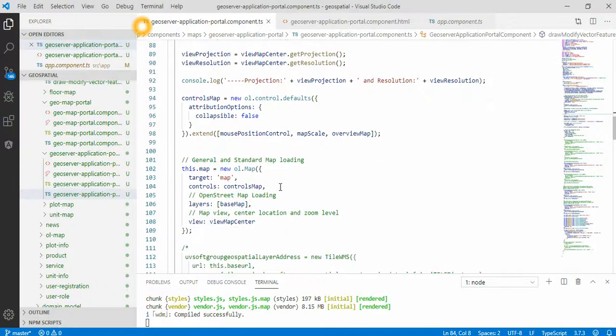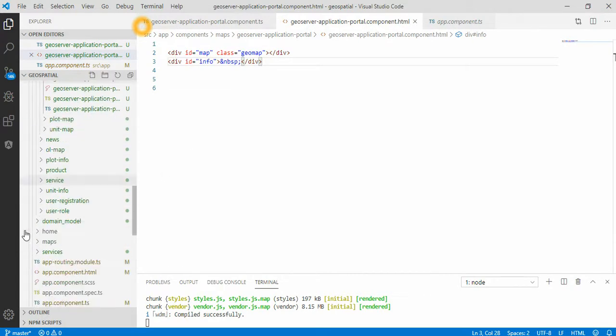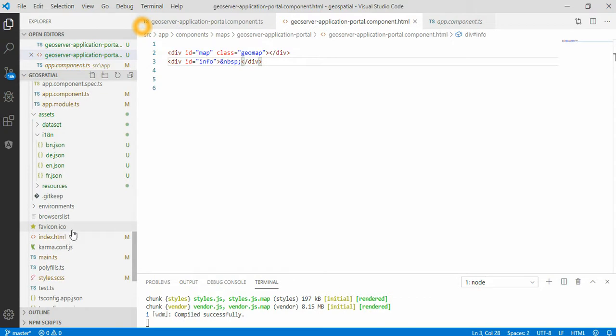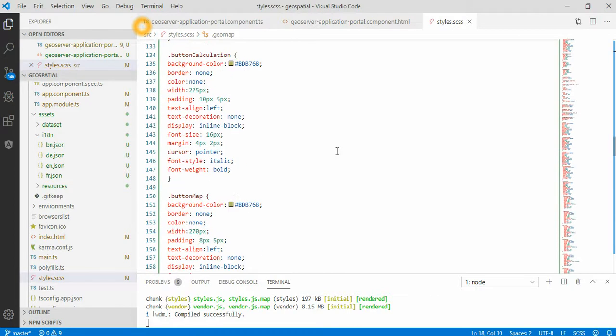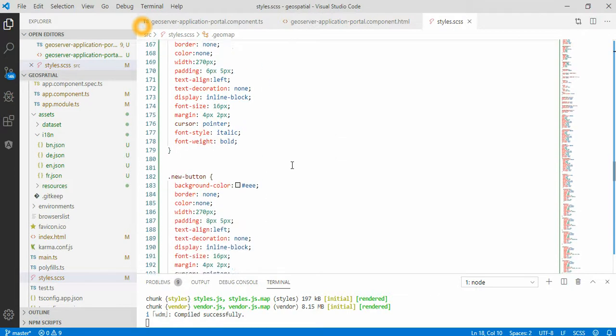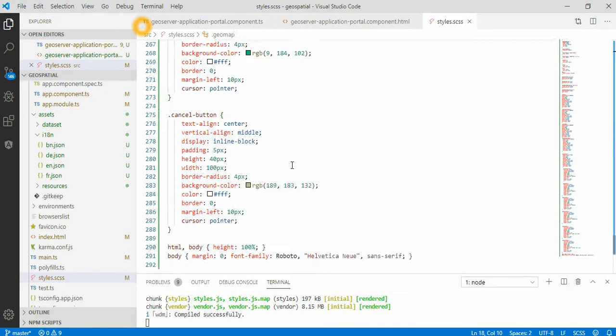Then we define a generic map, the general map loading, so the map object and target map. That's the target map that you define here. This is the target map, the CSS class in the global style.css file. I will show you what is there. In those CSS files I define the different buttons and different input parameters, and this is one of the CSS files for